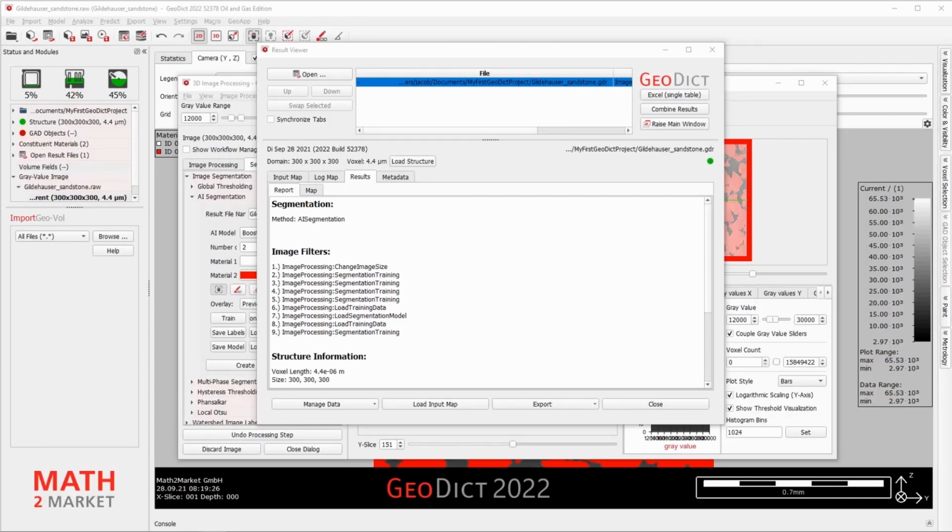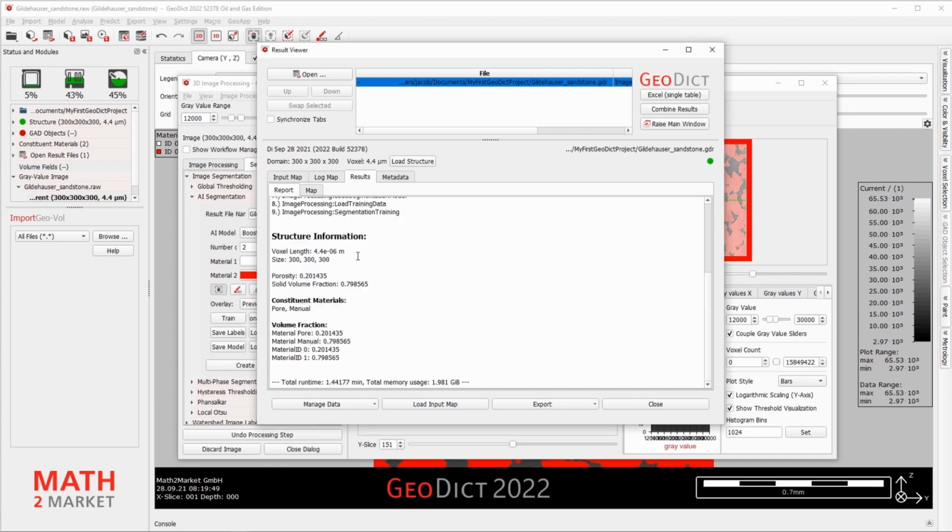As soon as the computation is finished, GeoDict opens the result viewer. In the result viewer, all the parameters which were used for the segmentation are listed: the general structure information, the constituent materials, or the different number of materials.